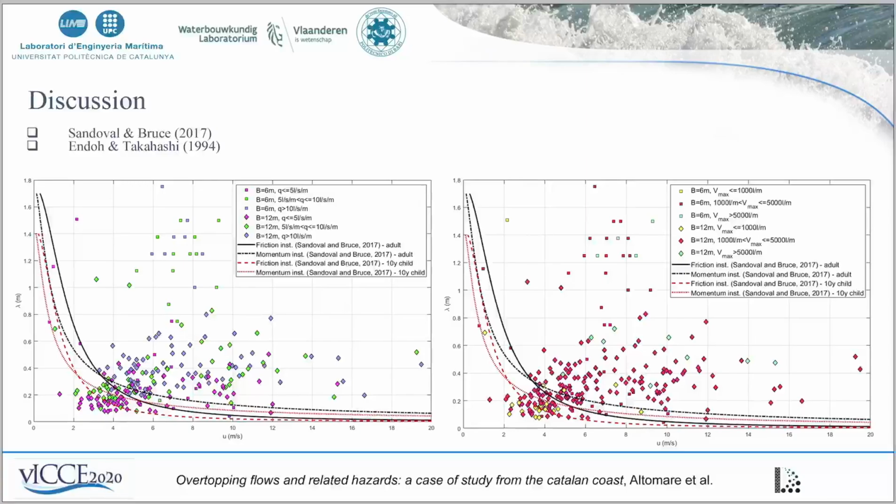Just consider that in our model the crest is horizontal, so it doesn't represent a change in the freeboard. Usually in prototype the crest has a certain slope, and the longer the crest, the actual freeboard of the structure is even bigger. A fact that will somehow increase the protection, increase the level of safety for that condition.